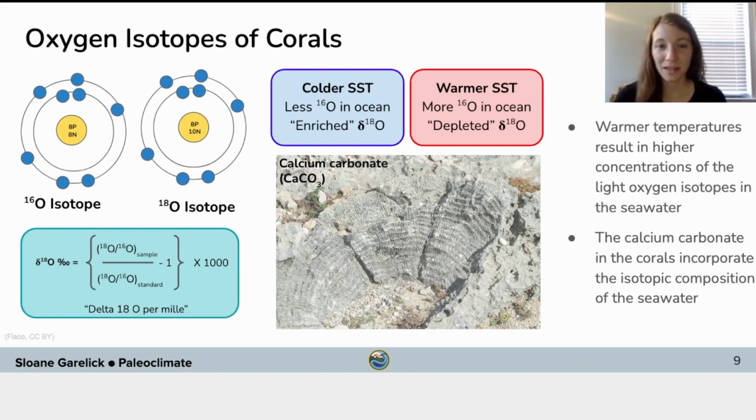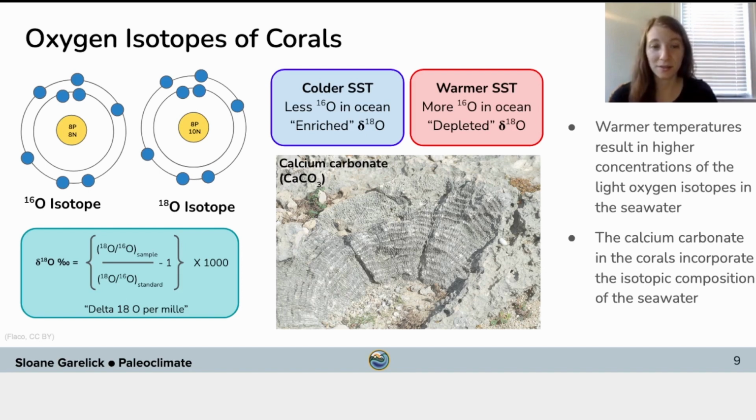Since corals are made of calcium carbonate, they incorporate the seawater oxygen isotopic signature into their structure. Therefore, measuring the oxygen isotopes of the corals in each layer can record changes in seawater oxygen isotopes, and can therefore record changes in sea surface temperature over time. Coral-based sea surface temperature reconstructions tend to be very high resolution, and this makes them especially useful for understanding short-term climate phenomena. For example, one climate phenomenon that they are commonly used to interpret is the